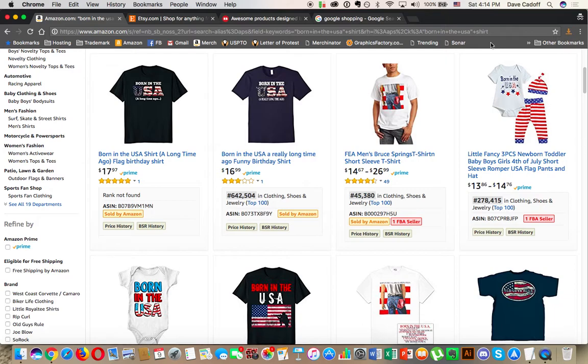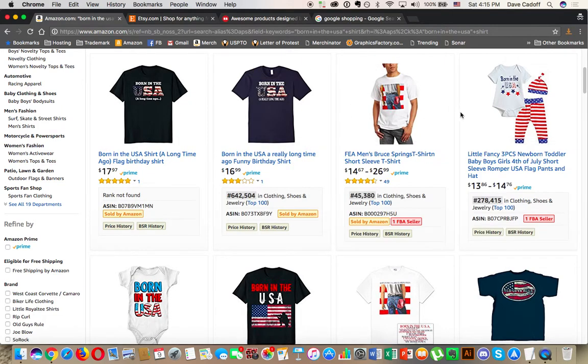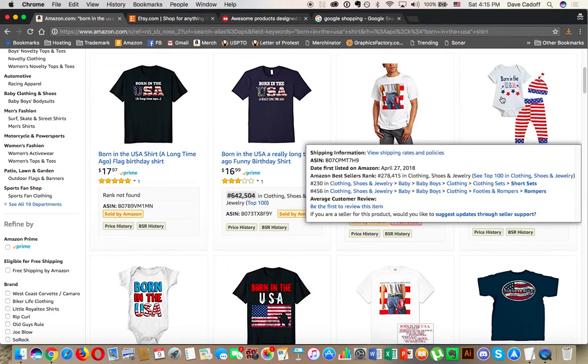Graphics are okay, but this one right here says "born in the USA a long time ago." That applies to me, but it wouldn't apply to this trademark because "a long time ago" is additional text, and the USPTO will reject that as evidence. So let's see, do we get like 5 or 10 different things on this page that say "born in the USA"? Well, we got 1,